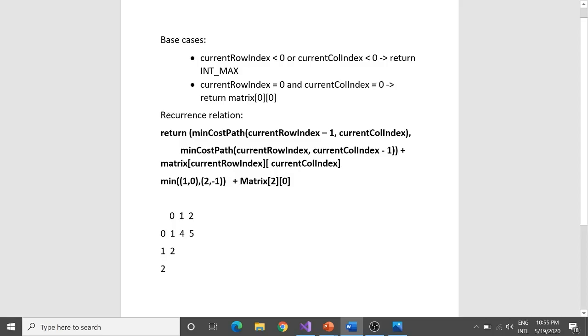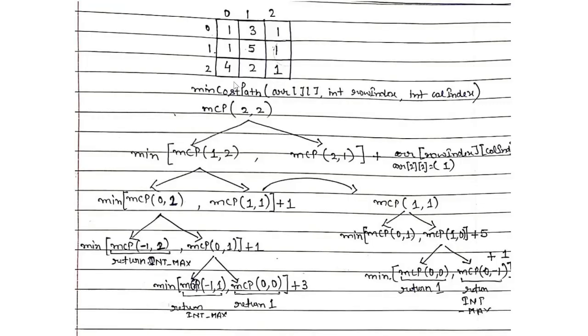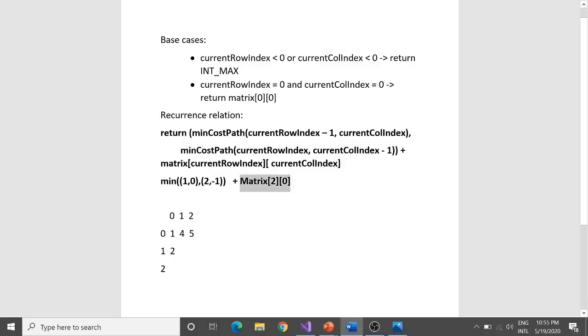So what is actually this thing? I am talking about this cell. So what is the cost to reach 2 comma 0? It's 4. So this can be easily replaced with the help of 4. And what would my answer be dependent on again? It would be dependent only on this sub problem. I do not need to execute or bother about this sub problem because this would be returning me int max. So whatever be the answer to 1 comma 0, it would always be less than or equal to 2 comma minus 1. So just neglect this thing.